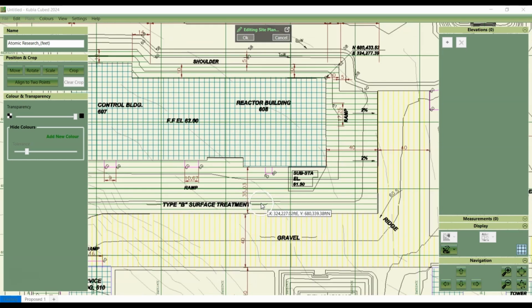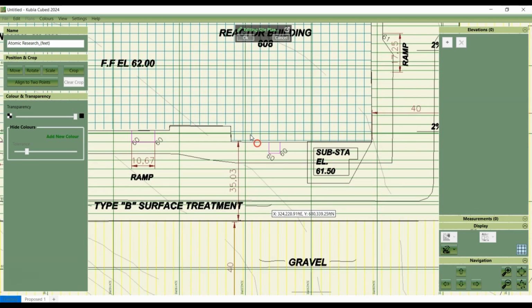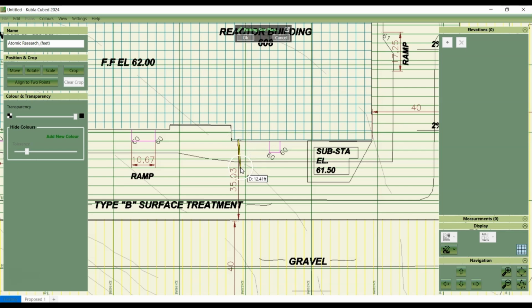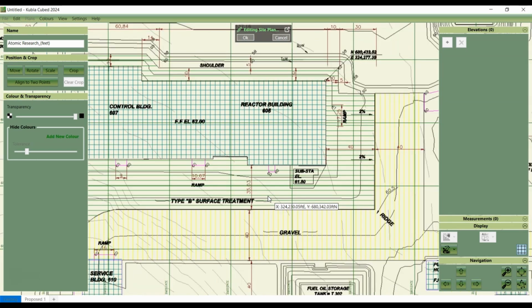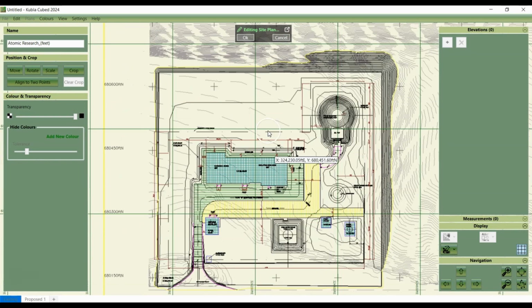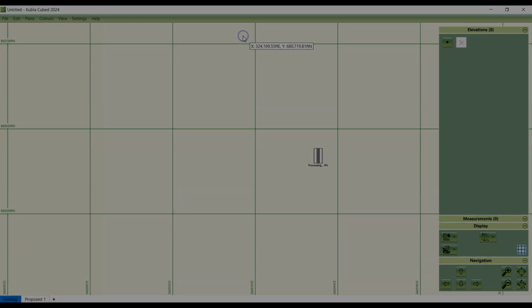So you can find a known length and then hold down the M key and check that that is correct, and we can see that yes, that looks about right. It's 35 feet, so we know that it's in feet and it's approximately the right value. So with CAD we don't have to do anything much more than that, and we just click OK and we can start importing our data.